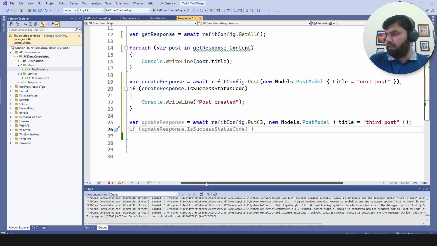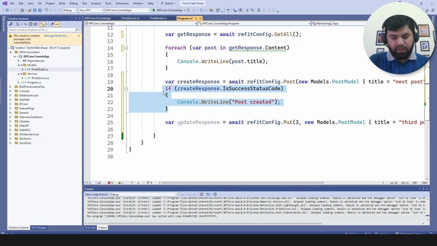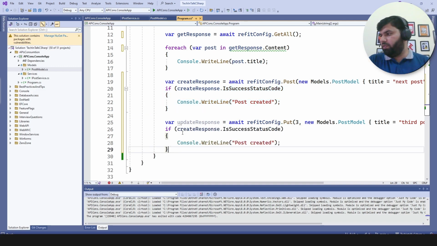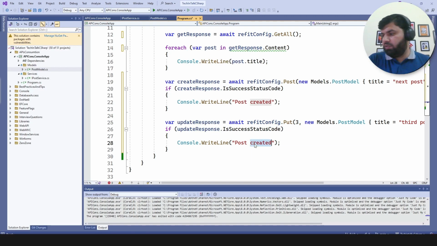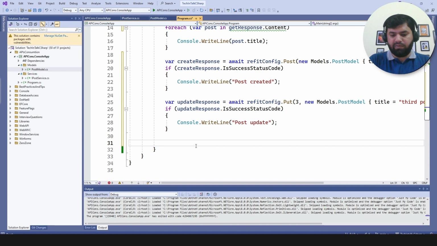And again, the same thing we can use here as well for the case of put, but for that one we can use updateResponse, post updated should be the line on the console, and the last one is delete